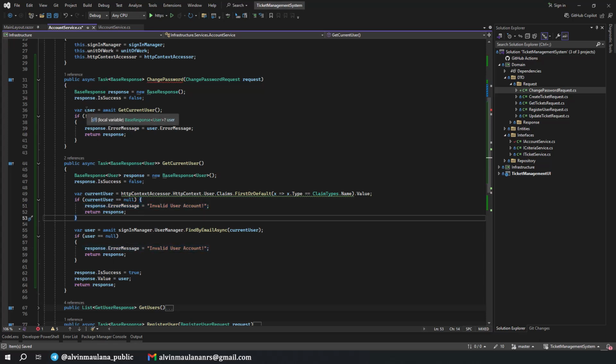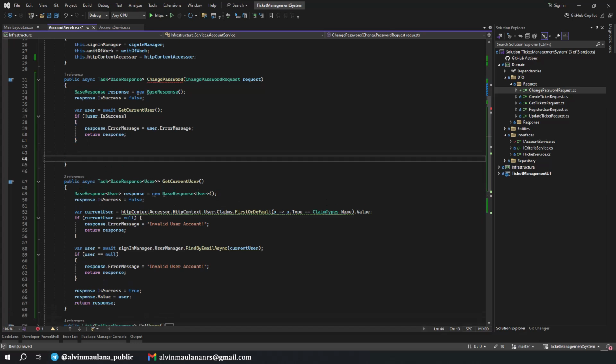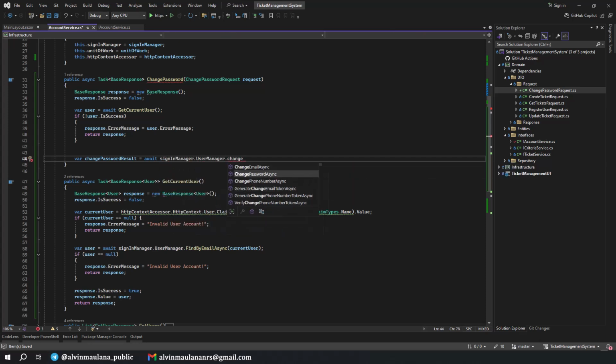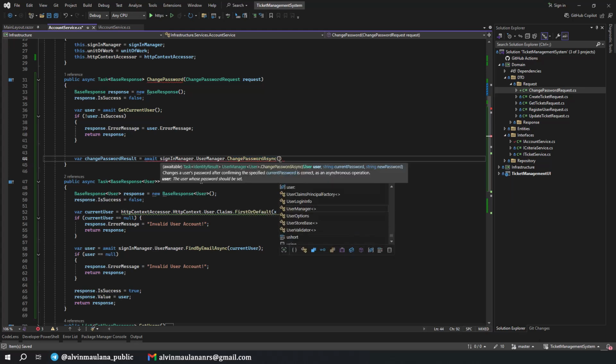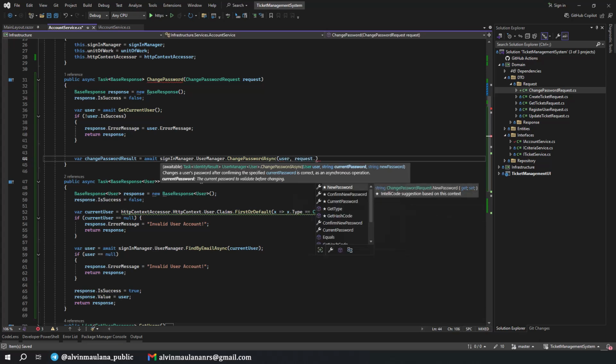And if we get our user from the get current user, now we can do the change password. We can have a change password result. We can use the user manager, change password asynchronous, and the parameters: the user, current password from the request current password.